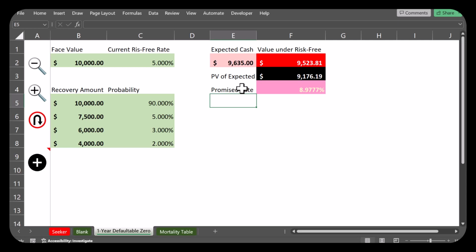If no default happens, that's exactly how much you're going to get. You're going to earn 8.97% on your investment. But if default happens, obviously that'll differ depending upon how much you've recovered. But you're actually earning only the treasury yield on the expected, using the expected payoff. All right. So is that big or small? So a spread, the default spread,